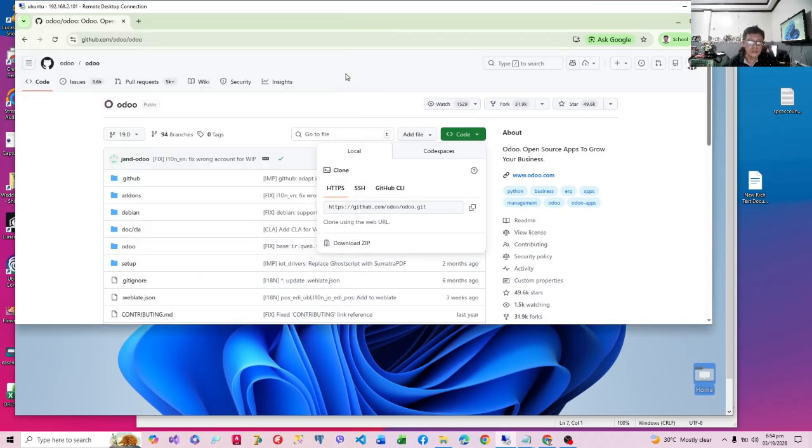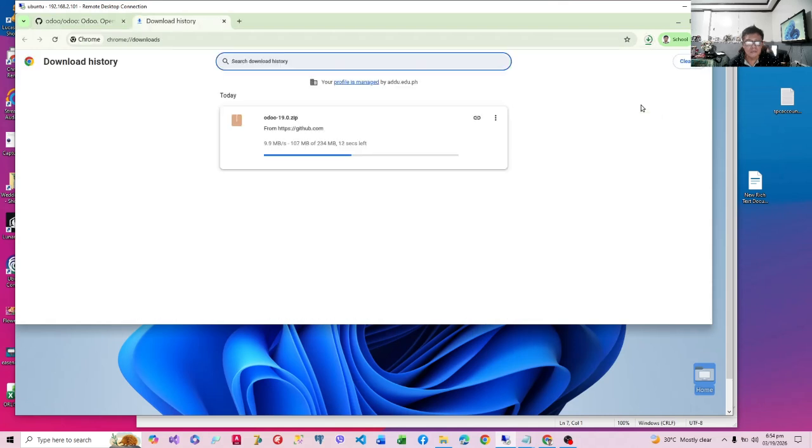We are going to use the same repository. Instead of copying the GitHub URL, we'll go to code and then download zip. I've already done this, so let me check. Haven't done it yet. So anyway, I'm doing it for you here.